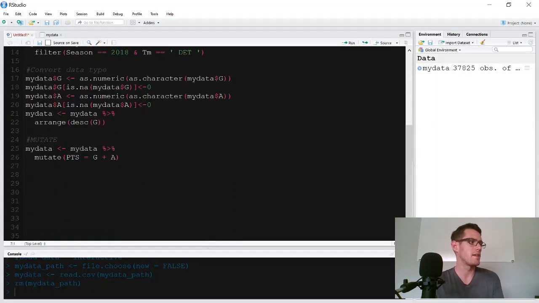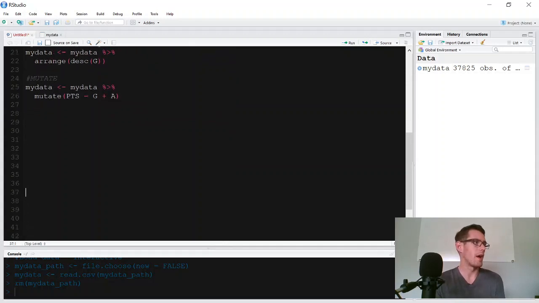Okay, so now we've got my data reloaded, and we're just going to hop down here to where we ended. The next thing that we're going to do is use a group by and mutate. What group by is going to do is group things by some factor level, and then only run the operation that you want within each group. Let's say I wanted to do this same mutate here where I wanted to get goals and assists, and then I wanted to